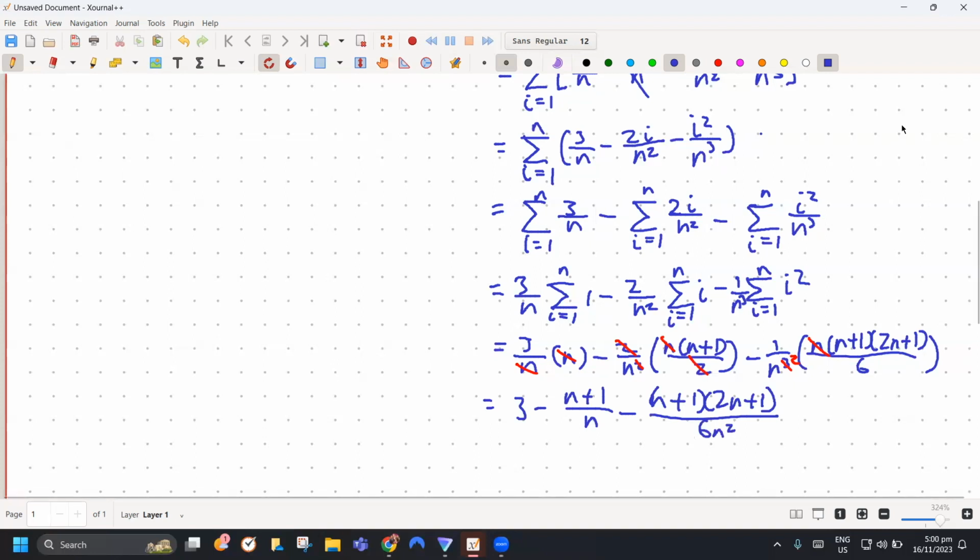Ngayon, yung n squared, yung isang n, i-distribute mo sa n plus 1. Yung isang n, i-distribute mo sa 2n plus 1. So, when that happens, this is equal to 3 minus, hindi, sulat mo, 3 equals 3 minus, open parenthesis,